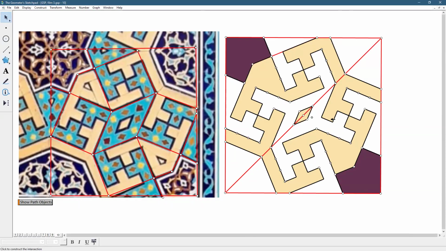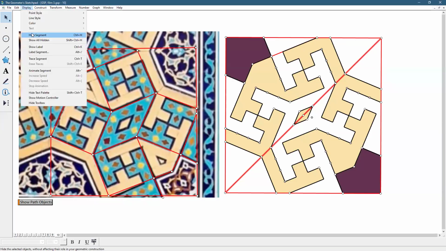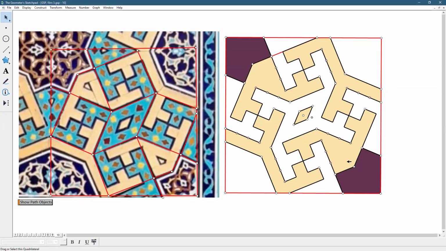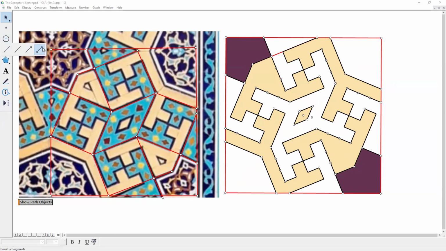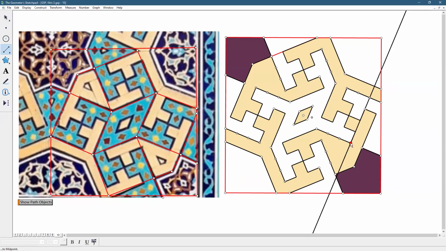Do I have everything? I don't have everything really. Okay, because I should have things like here. So what I have to do again, line, okay, and then line. So I got this thing, okay, and now if I want to have exactly the same width like here and here. So what I do, I just reflect